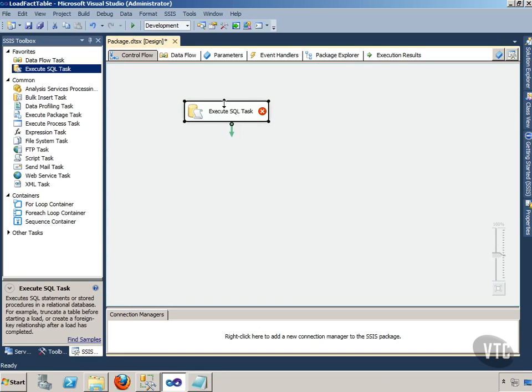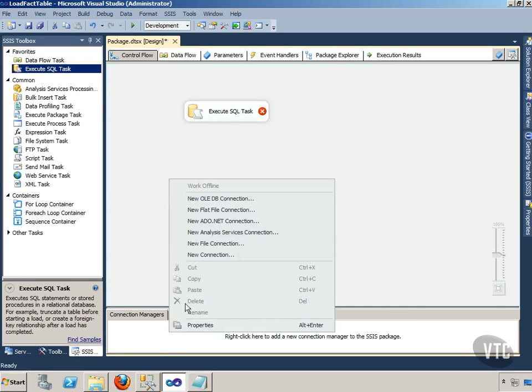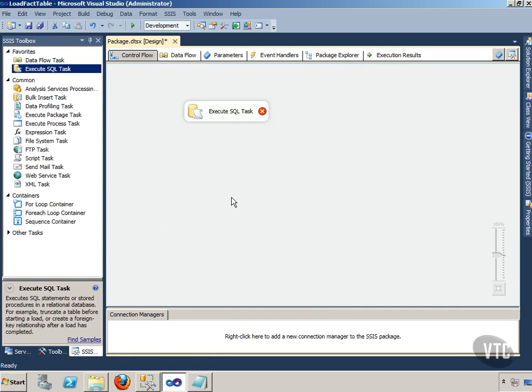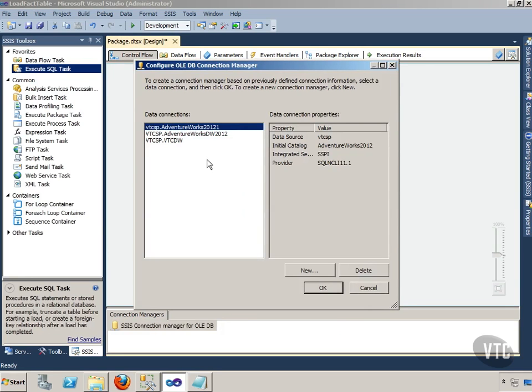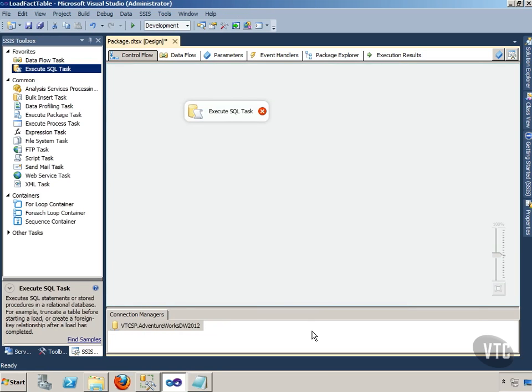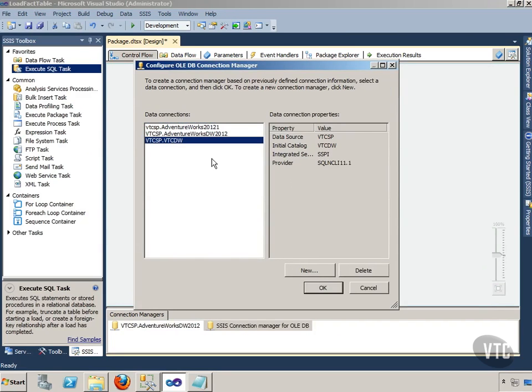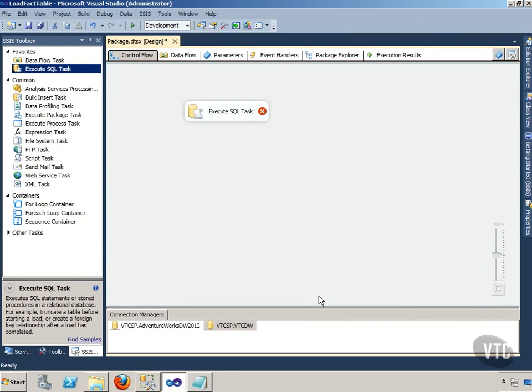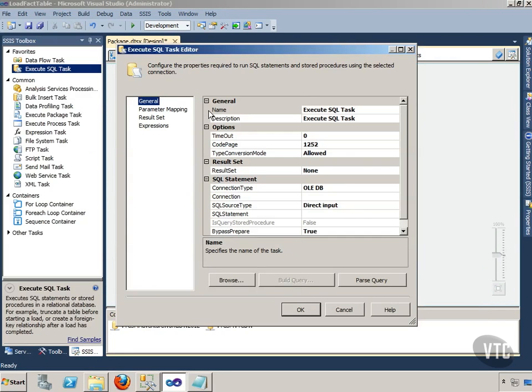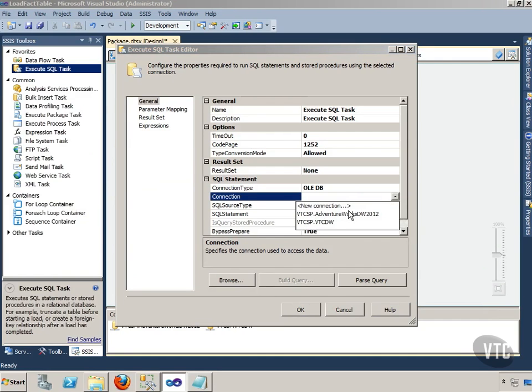The first thing I need to do is execute a SQL task, but notice I don't have any connection manager. So I'll right click here, do a new OLE DB connection, and I want to connect to the AdventureWorksDW 2012. I already have that out there. And then another connection, I want to connect to my VTCDW database, and I already have that one built out there, so I'll just add those. Now I'll double click on my Execute SQL task, and notice here I'll choose my connection, and I will choose the